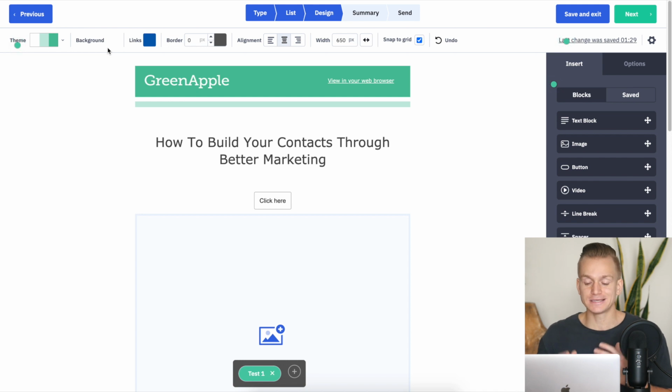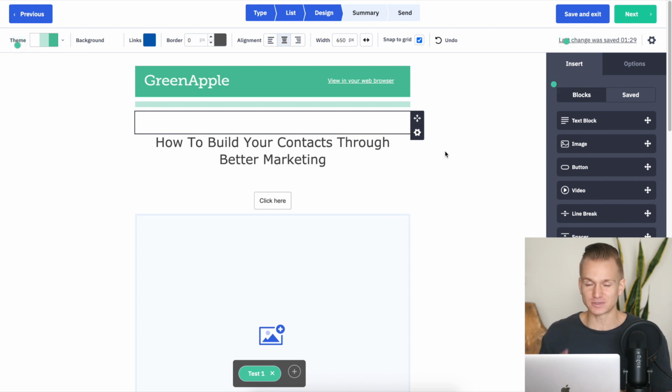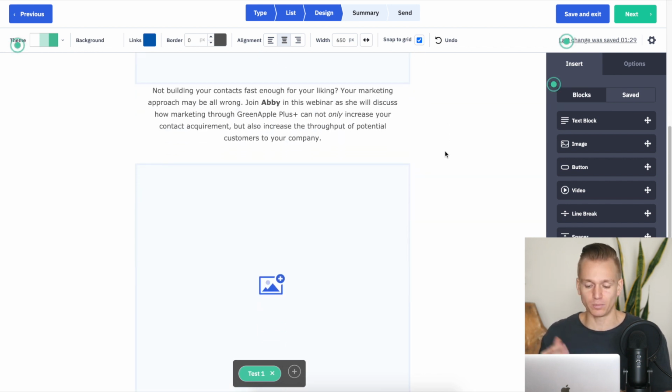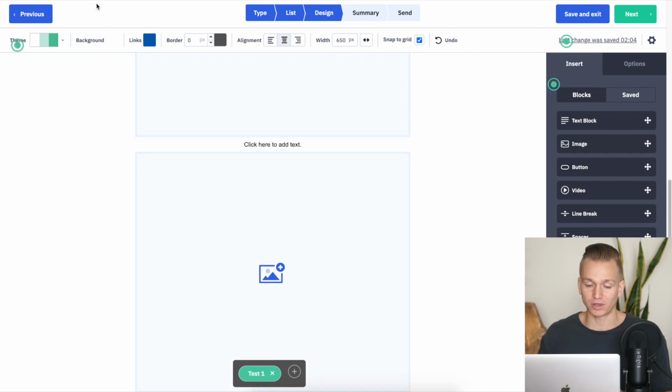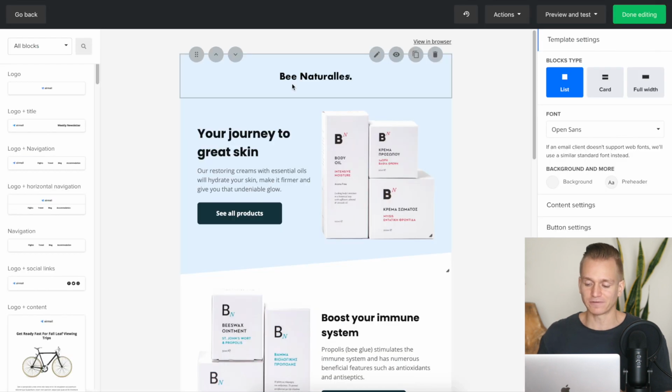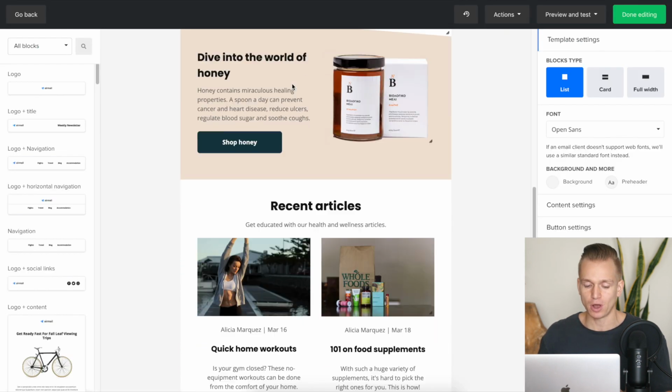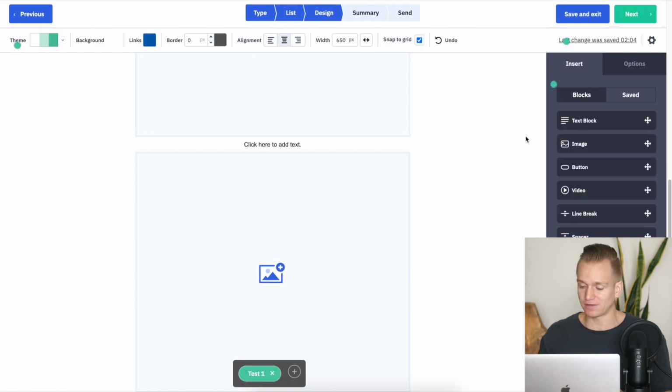When it comes to creating actual newsletters, actual emails that you are sending out to people, I would say both of the platforms are kind of the same. There's no big, huge difference. They both have these blocks that you can add, whether you want to add an image, button, whatever it is. One little difference I would say when it comes to MailerLite, as you can see with ActiveCampaign, you have these blocks here, and that is sort of it.